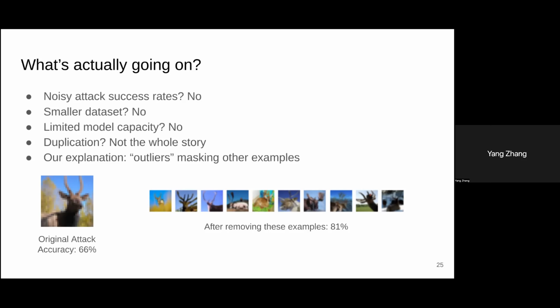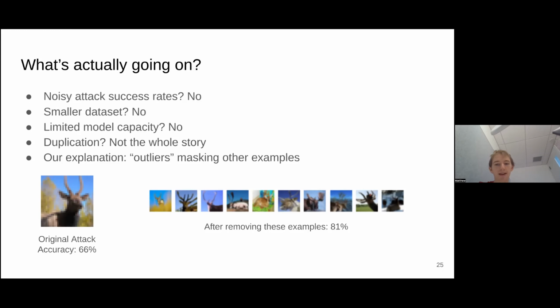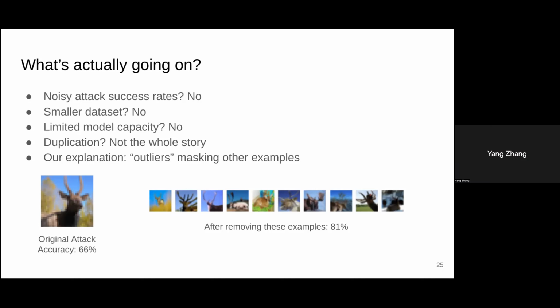Yeah. Okay. So I got one question here. For example here, after removing these examples, you mean this accuracy for this deer's membership inference goes up, but the examples you removed, are they outliers? I think that these are points that have higher membership inference than this deer on the left beforehand. I didn't actually look. All I know is that if you do remove these 10 points, it does have a huge impact on this point on the left. So probably I missed something, but how do you choose these 10 points?